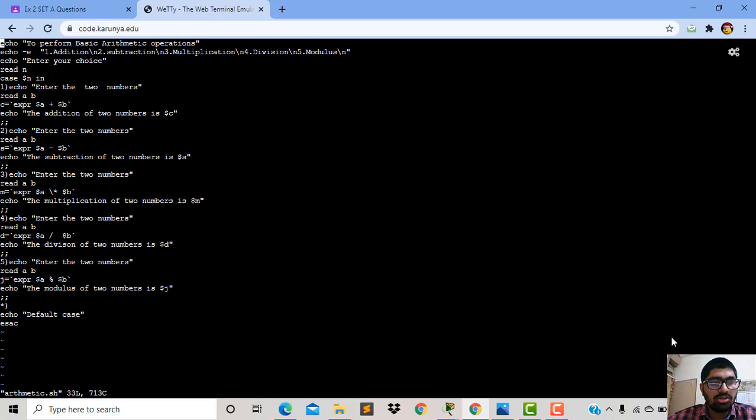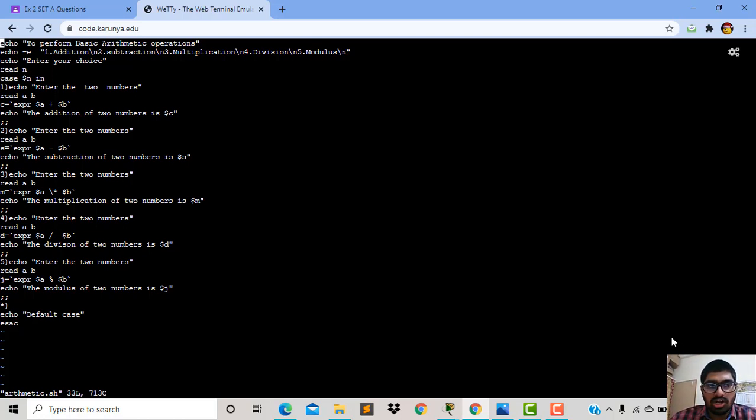It will read the choice. If the user enters one, that is addition, the program reads that the user has entered one and wants to perform the addition operation, and it will store that.